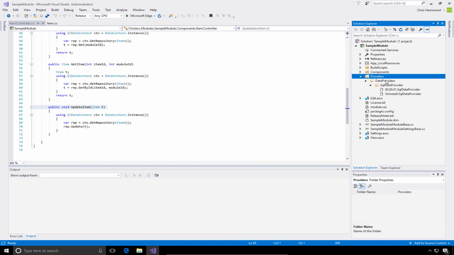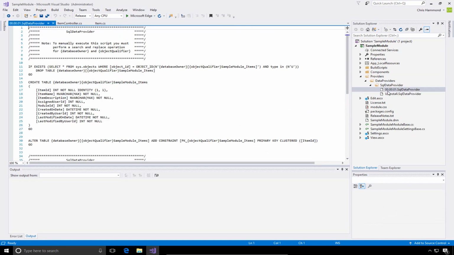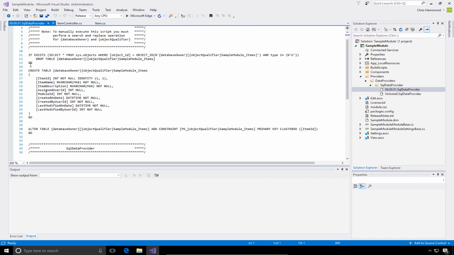If we navigate down from providers to data providers to SQL data provider, what you'll find there is a .SQL data provider file, and it's labeled 00.00.01. That's going to be the first version of our module. Within this SQL data provider file is the SQL script to create the table for our items. It's a simple SQL create table call for a table called sample module underscore items, with item ID, name, description, user ID, module ID, all of those properties that we saw within